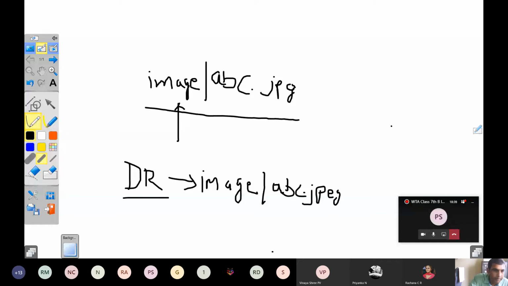Now the point here is, what is the document root? As I told you earlier, it depends on which operating system and which web server you are using.